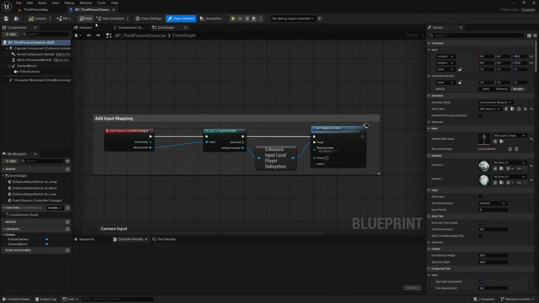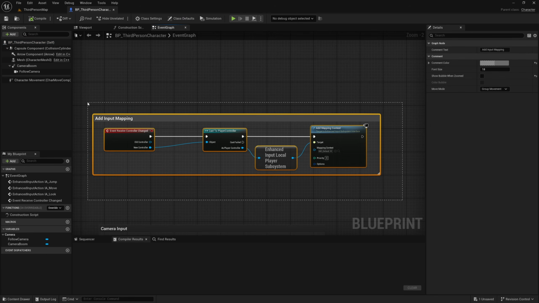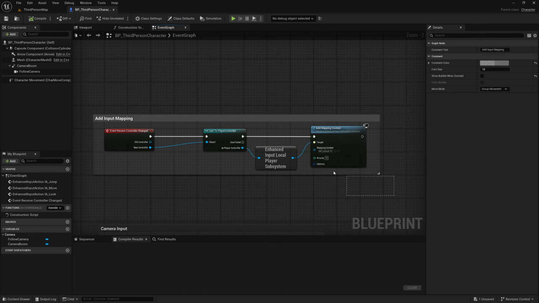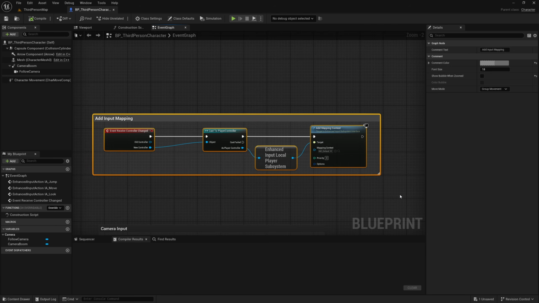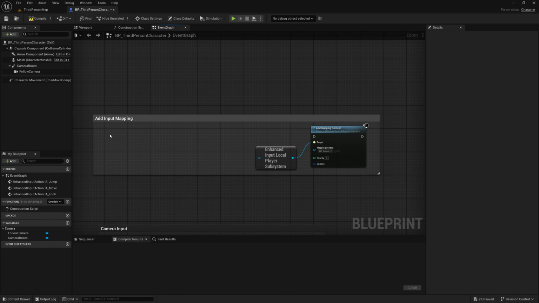And FYI guys, I am using Unreal Engine 5.5 here, so you may see some differences, such as here in the add input mapping context section. But don't worry, I'm going to set this up to look more like the template in the older versions of the engine. And the first thing I'm going to do here is delete these first two nodes,